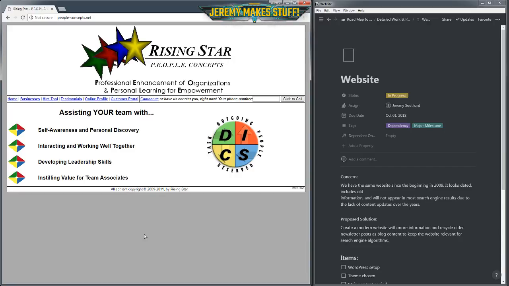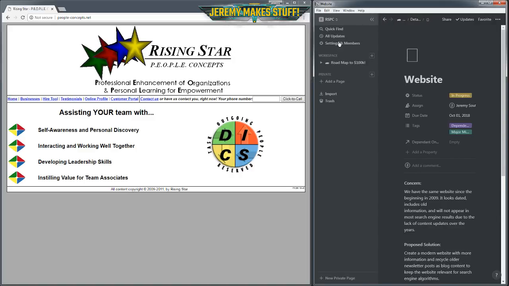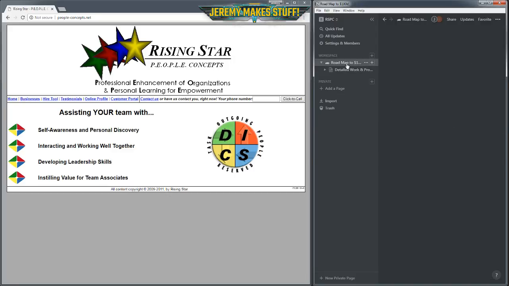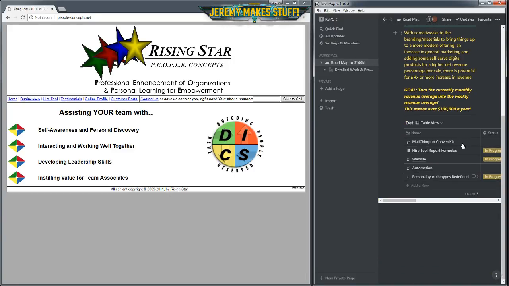It started back in 2008, 2007, and we made a website in 2009, and it hasn't really updated too much since then. Here on the left-hand side of the screen, you can see the current website. On the right-hand side of the screen is a program called Notion that I'm actually using to track the project. We're doing a big push. Got a bunch of things to work on, some documentation and stuff here.